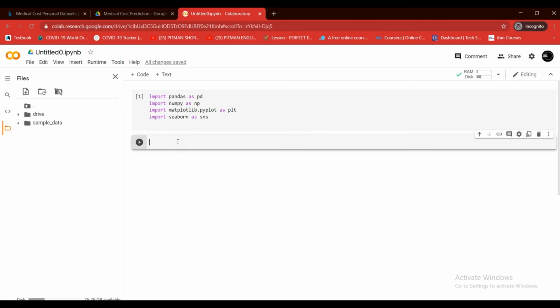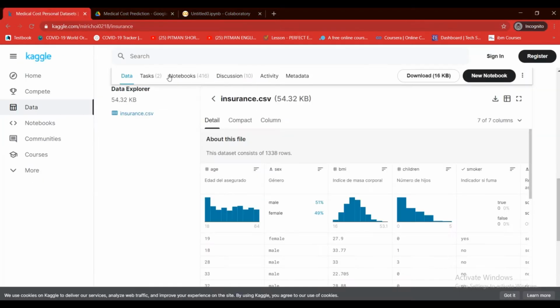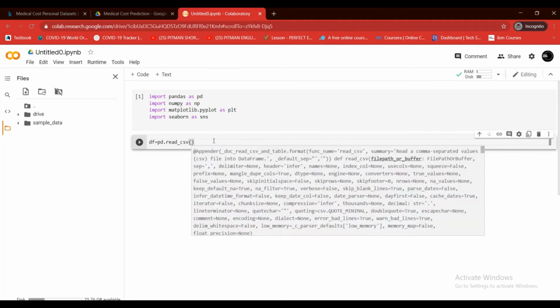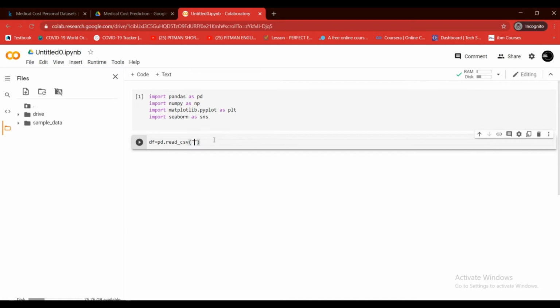Now in order to access the CSV file and predict our model, we have to import it into this environment and make use of it. So in order to do that, I'm just using a variable named df, and I'm going to use the pd.read_csv method. This basically reads any CSV file and converts it into a data frame, and inside the double quotes you have to pass on the path of your